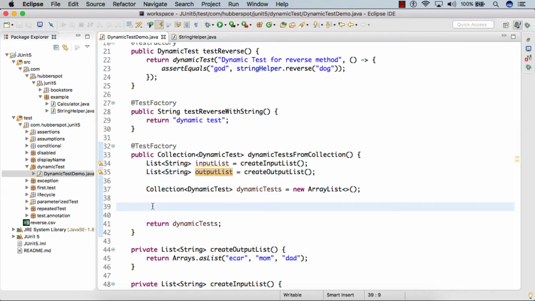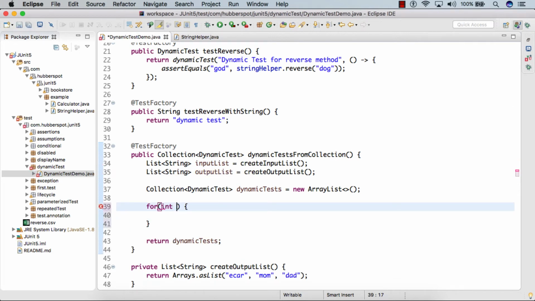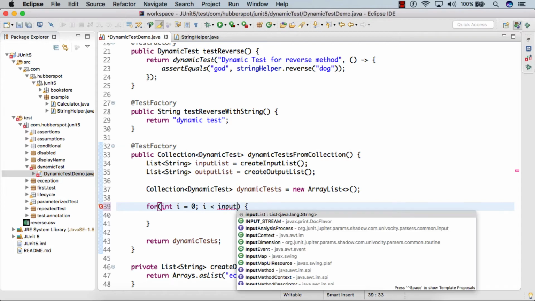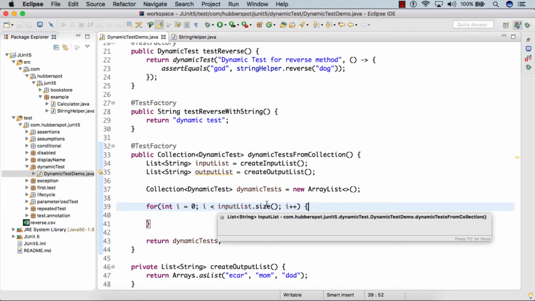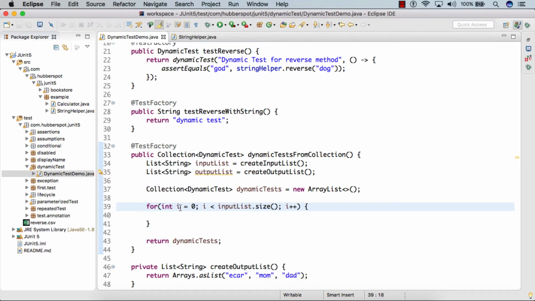So here we simply provide a for loop. We are iterating over this input list one by one, with i equal to 0 till i is less than inputList.size.